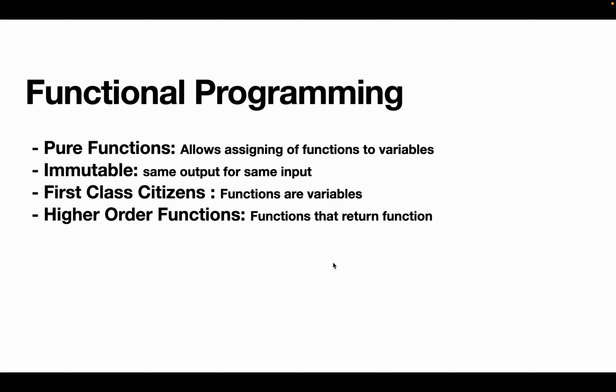In object oriented programming, the core idea was with the classes and associated objects, and how you interact, and how you encapsulate it, and all of those details. But in functional programming you do not have classes, everything is done using functions. There's also a particular way that your function should be defined. Your functions should be pure functions. That is, it allows assigning of functions to variables, and your